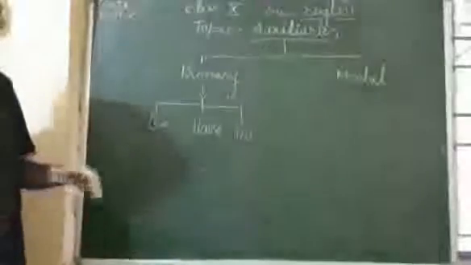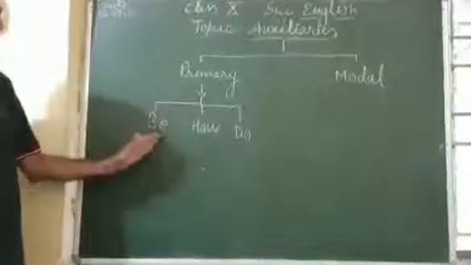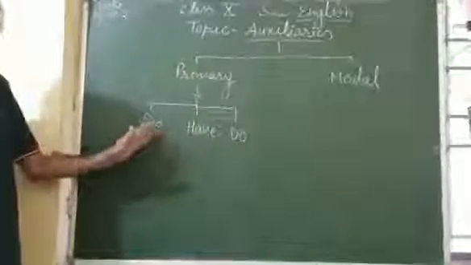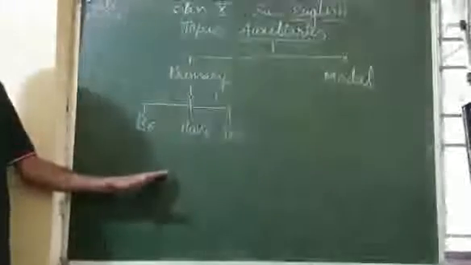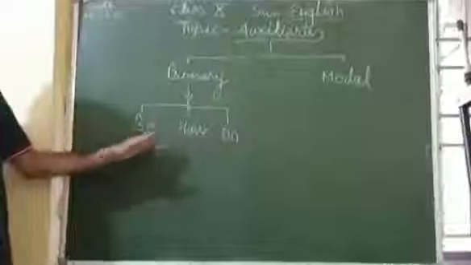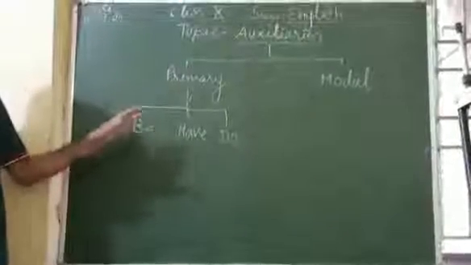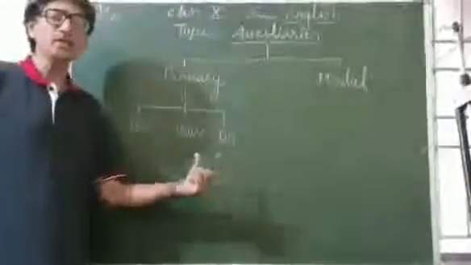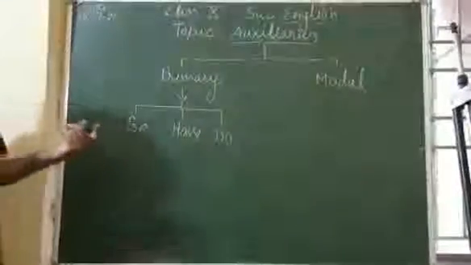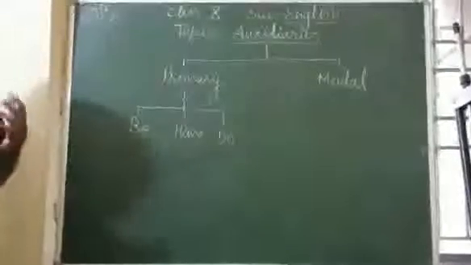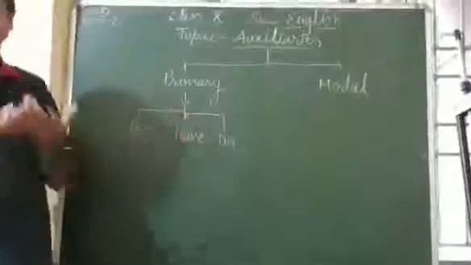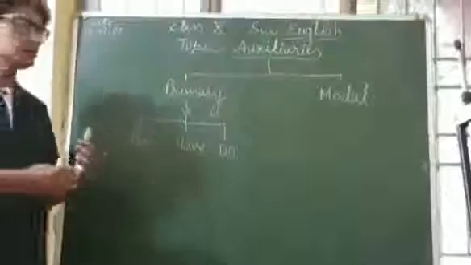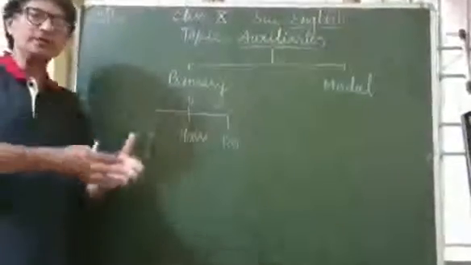What are the primary auxiliaries and what are they used for? The primary auxiliaries are used as a main verb and as a helping verb in the sentence. What for? These auxiliaries show the status or state of any verb or situation. You can say in Hindi, किसी बात, किसी घटना का होना, ये प्राइमरी ऑक्सिलरीज डिपिक्ट करती हैं किसी घटना का होना या किसी कार्य का किया जाना.